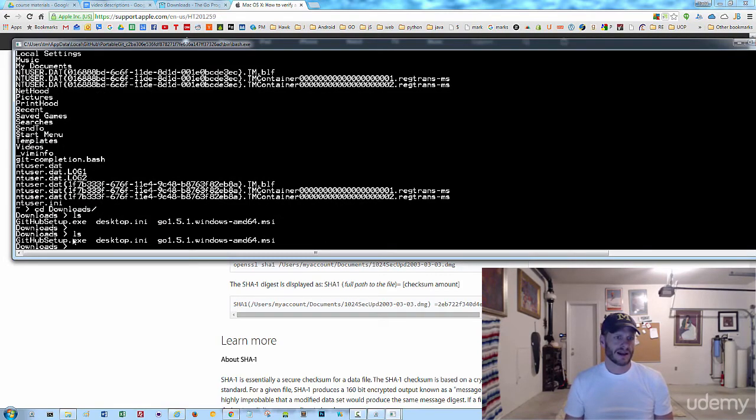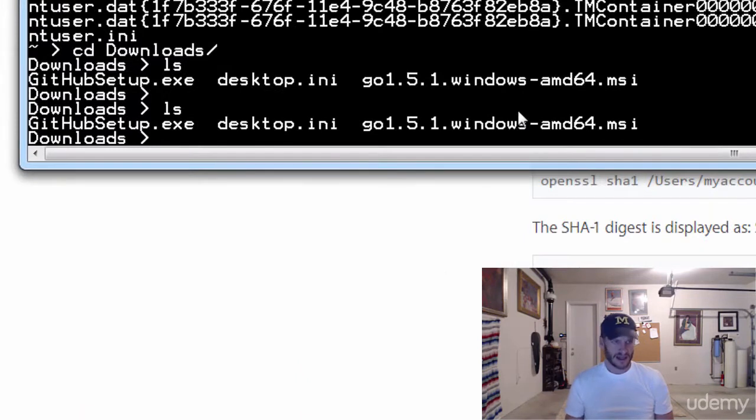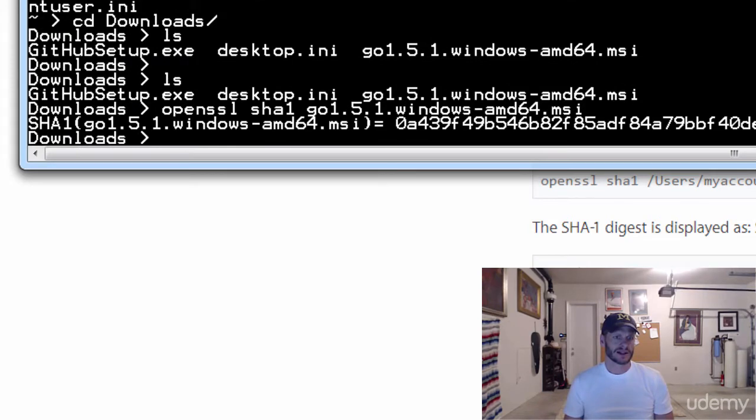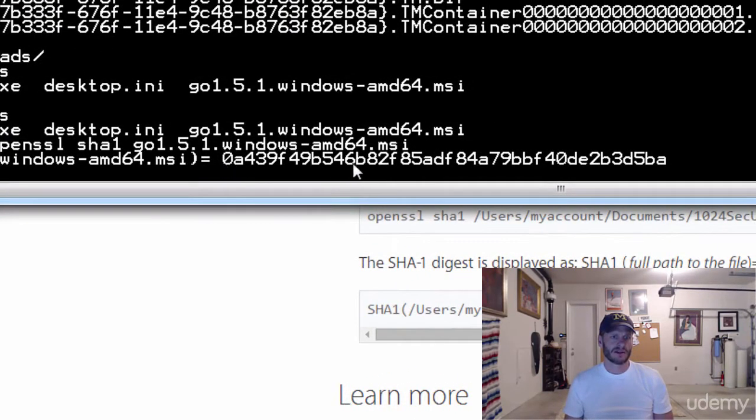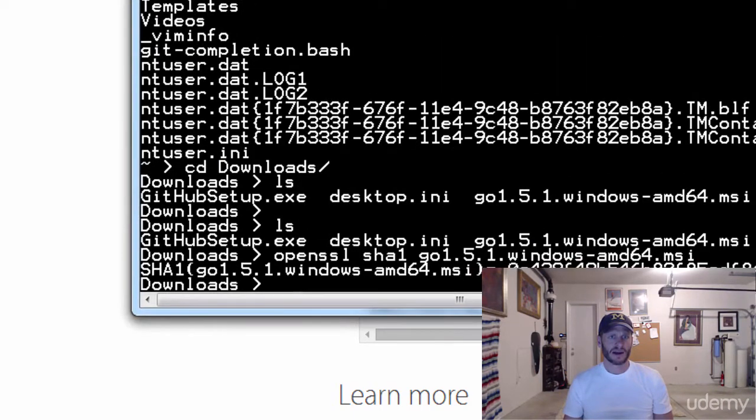And I've got the GitHub setup exe, go1, right there. So this is the one I want to run it on. So now I can paste in that command. openssl sha1, and I can type in just go and hit tab, and it completes it for me, and it runs it. It crunches all those numbers and gives me the value, based upon running the SHA-1 algorithm, and that is 0A439 5BA, and I compare that to